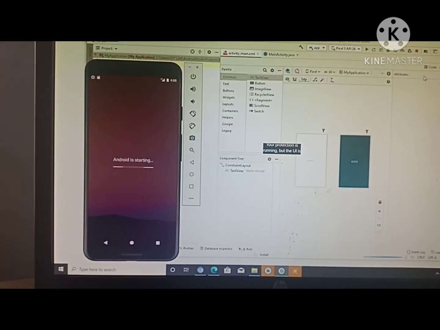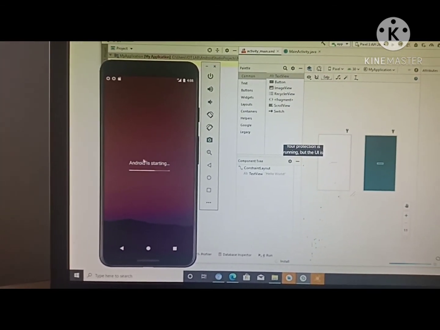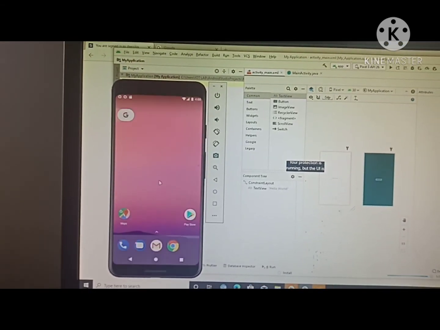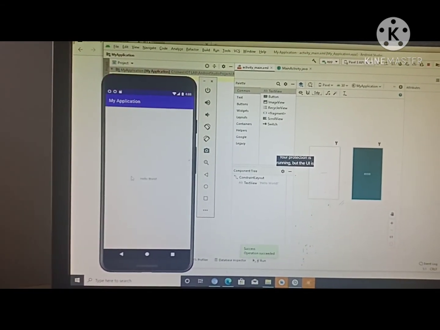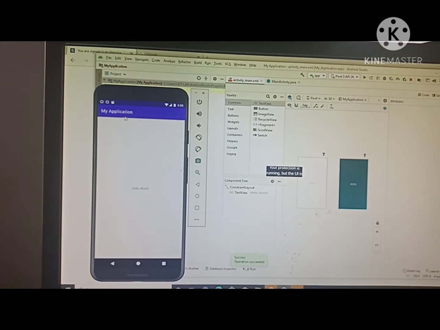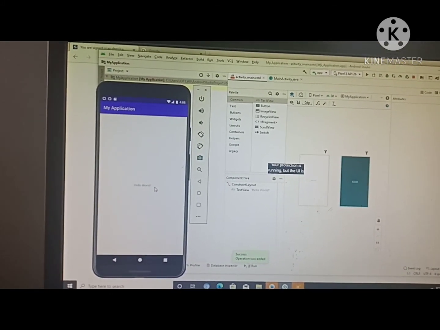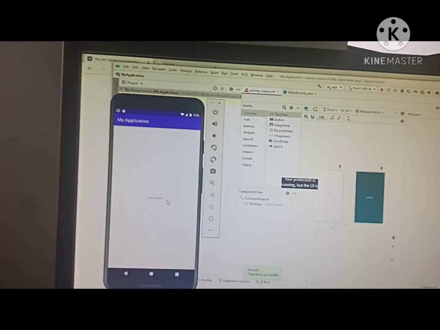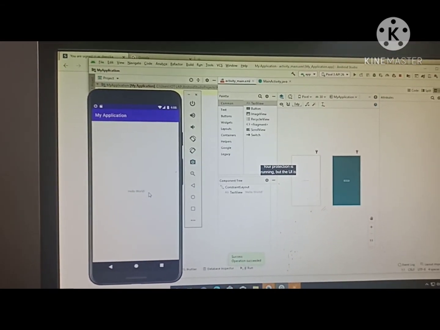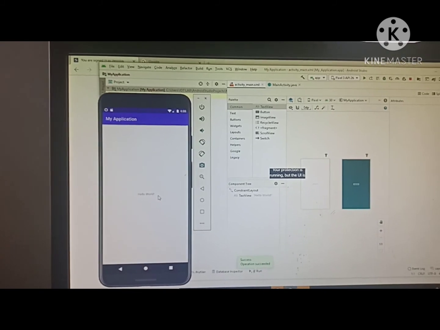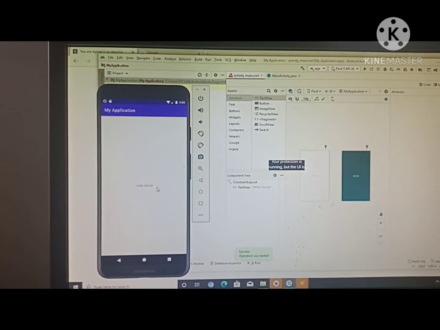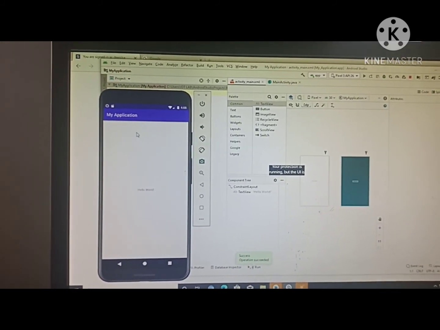Here it says Android is starting. This is the simple example, my application, where we have given hello world. For every language, the basic program is the hello world program, so here also we have done the simple hello world program. This is how you can see the output on your screen.